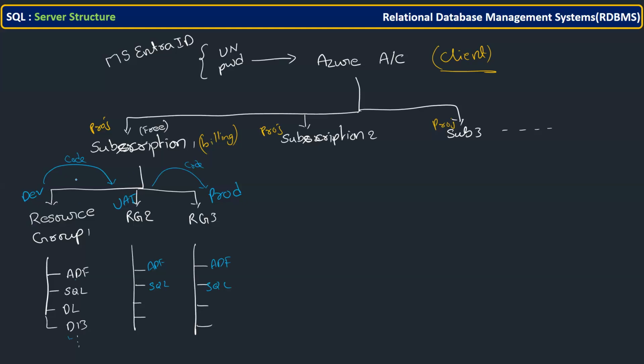So this is what. Then what does this code movement mean? Suppose something I developed here, some code I developed here. So one thing is, you can hand over this code to the UAT team through mail. He will place it here and then he will run all the test cases. So that is manual movement actually, which is always not recommended. You want to make this automated. Whatever development happens here, you want to reflect that in UAT. So for that, there is CI/CD actually. CI/CD pipelines you are going to create.